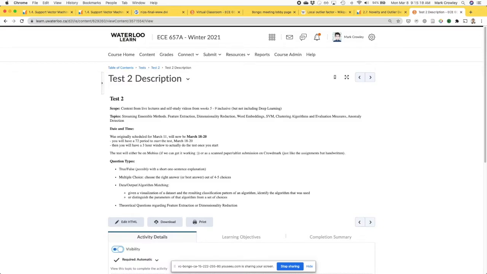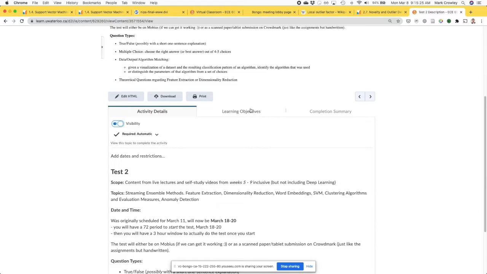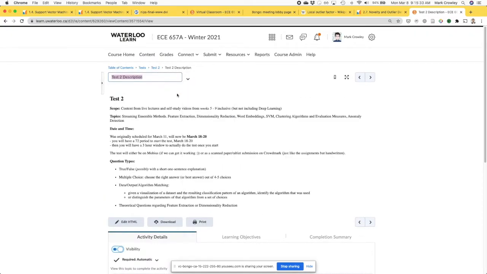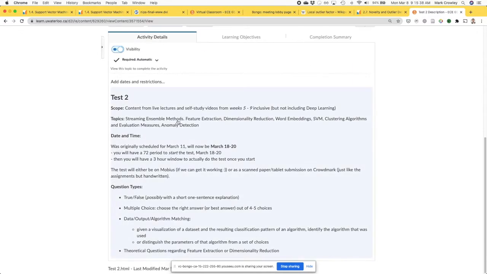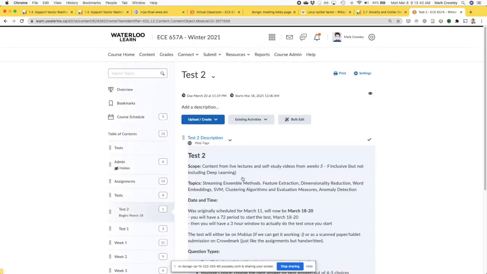And it could be that you can't, oh, I see, it needs to be released. See, that's the thing. Sometimes I can't tell if I can see it because I created it, obviously, and maybe it's not available for you guys. That should be fixable. Activity details. Mean it's visible. Sorry.